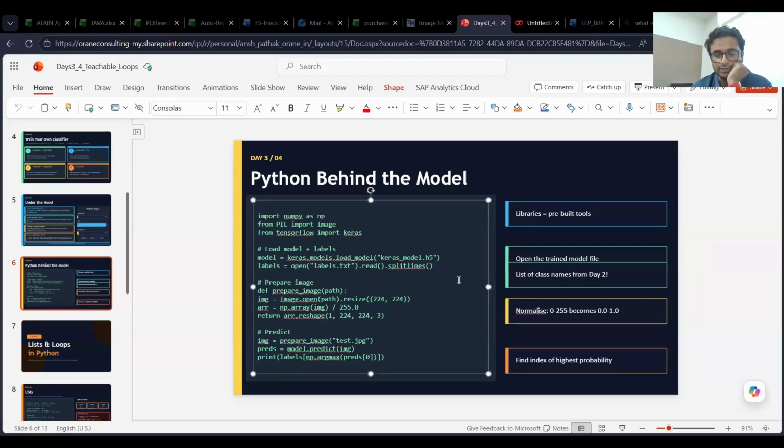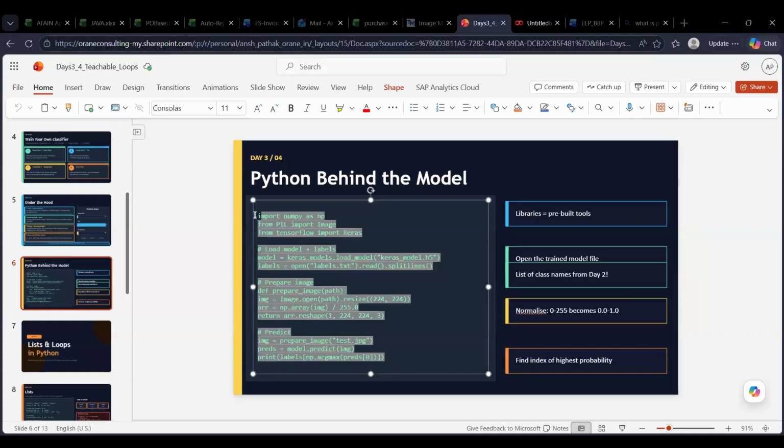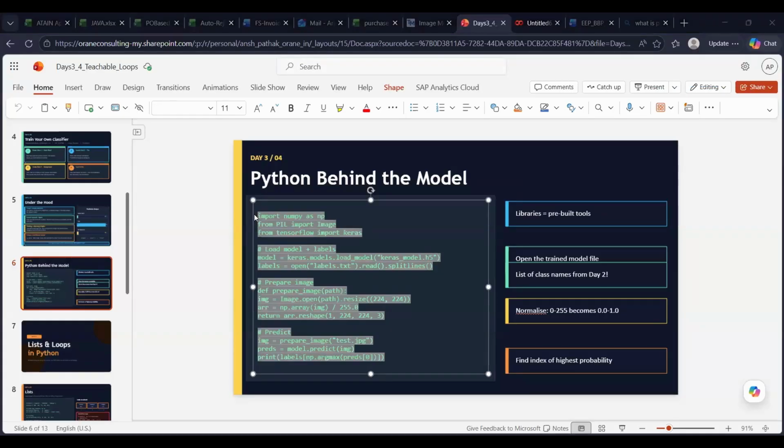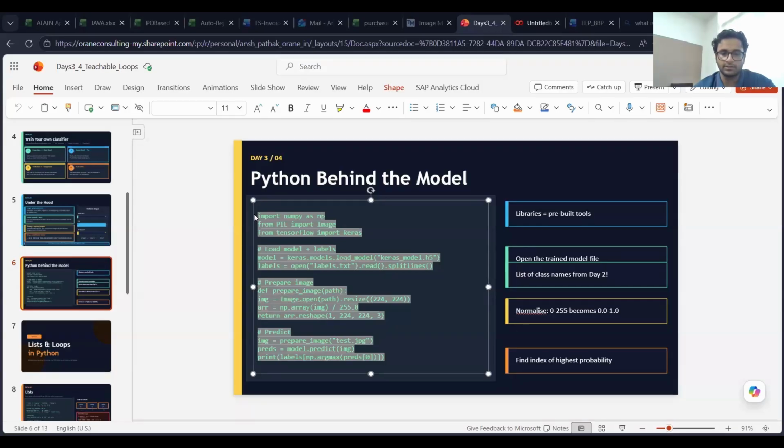Yes, Kushal. Sir, actually, I had a doubt in the third line. Can you tell me what is Keras? No, Keras is not a variable. We are importing Keras. It's a high level open source deep learning API.